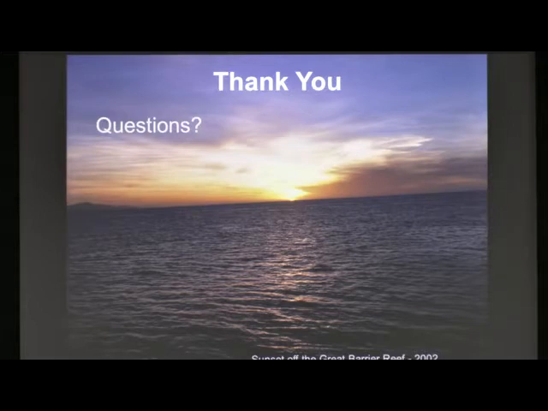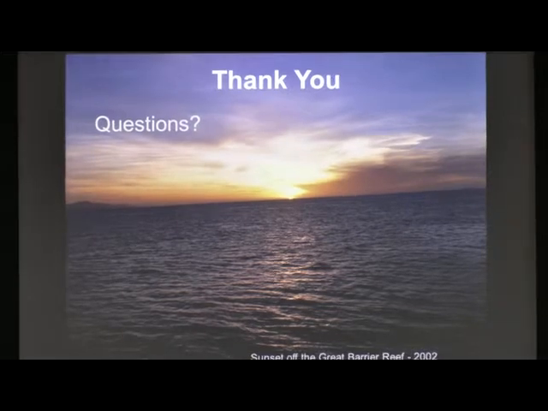Well, this goes back to the loop current. As the loop current comes from the Yucatan into the Gulf of Mexico and then back out, in the summertime when the water's really warm, it's really hard to tell the difference between the loop current and just the waters in the Gulf of Mexico.